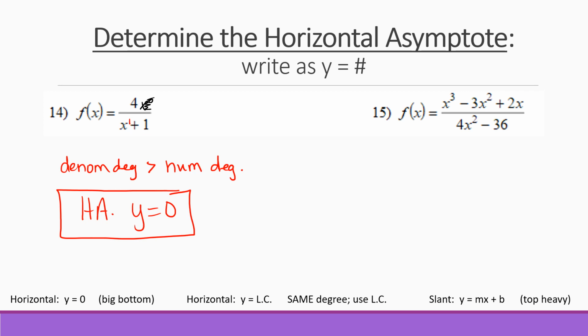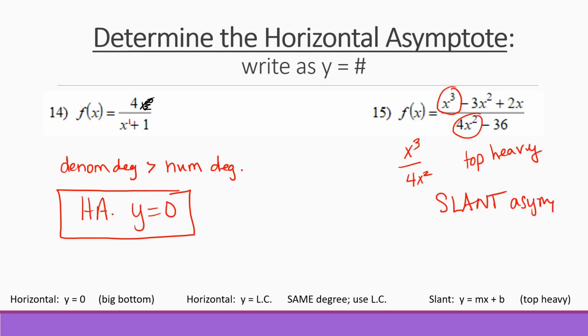And our last example, f of x equals x cubed minus 3x squared plus 2x divided by 4x squared minus 36. Look at the degree in the numerator. Biggest exponent is an x to the third. And in the denominator, the biggest exponent is a 4x squared. This example is top heavy. If something is top heavy, it's going to tilt over. So this one has a slant asymptote,